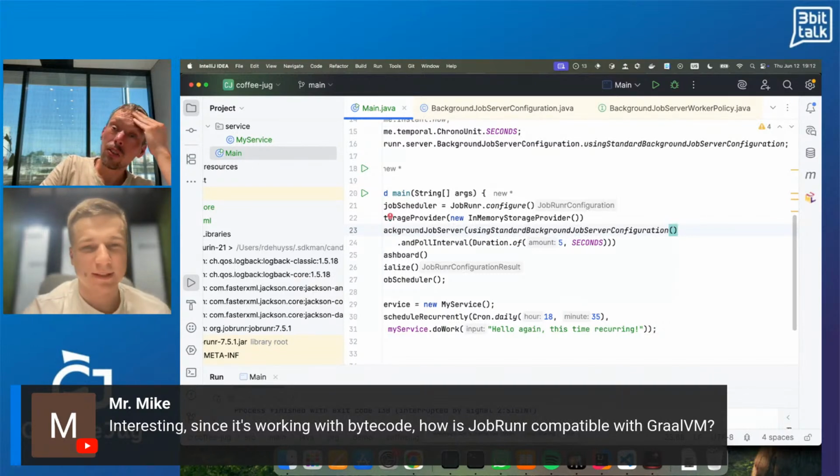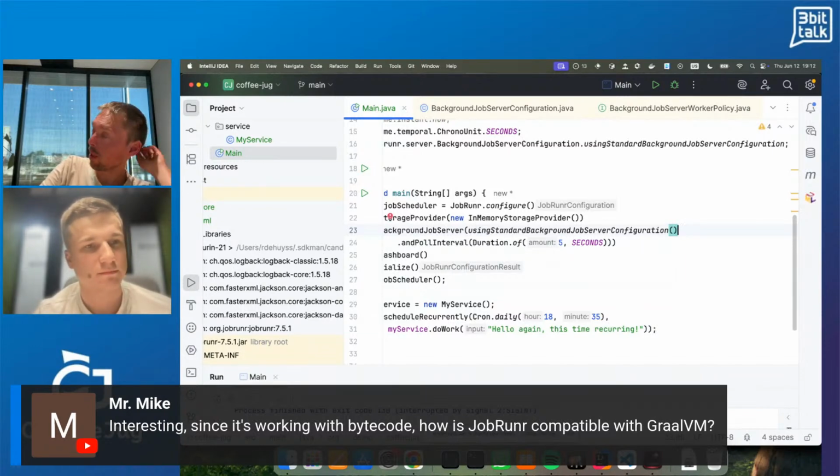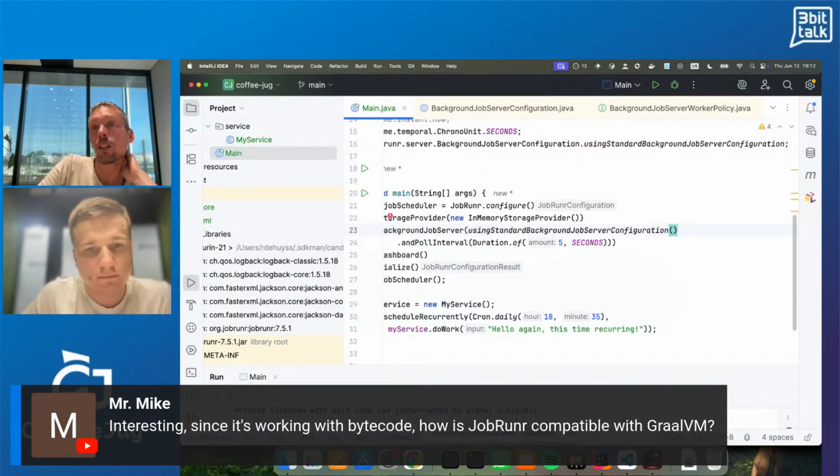Yeah. So if you use the job request and job request handler, then we're completely compatible. And recently, GraalVM added support to find out more. And definitely with the new job that you mentioned, it should be possible that we do everything also with the lambda.